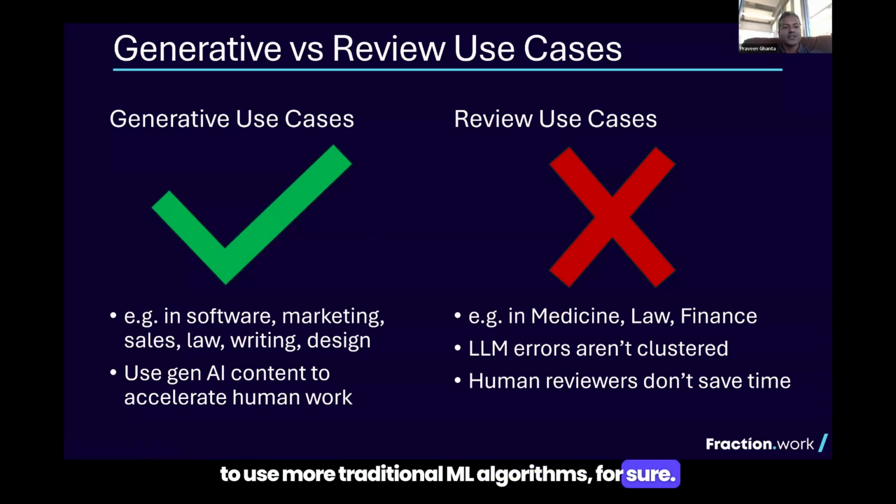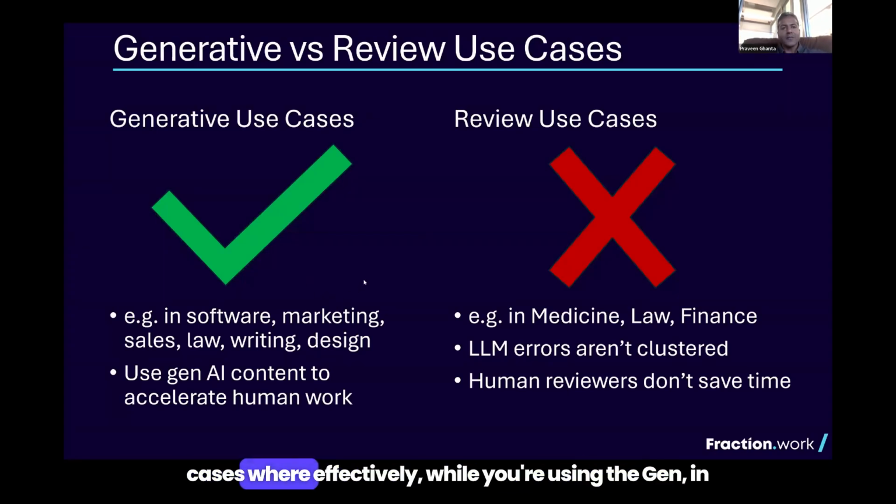For sure. So I'll start at a high level. You can think of generative use cases versus more review-oriented use cases. This was an interesting pattern we found in the course of doing quite a few projects, and also if you read the literature or look at others' work in the field, you'll see this as well. What we found is that there's lots of use cases where effectively, well, you're using the gen in Gen AI,